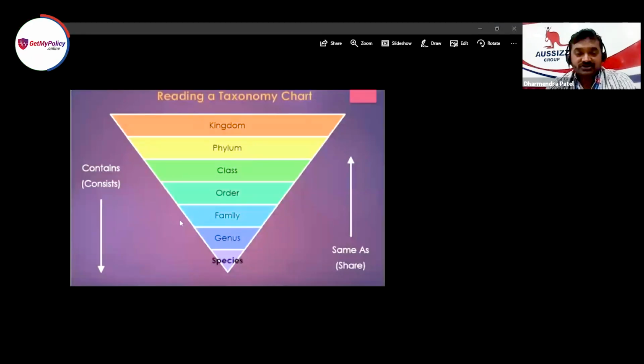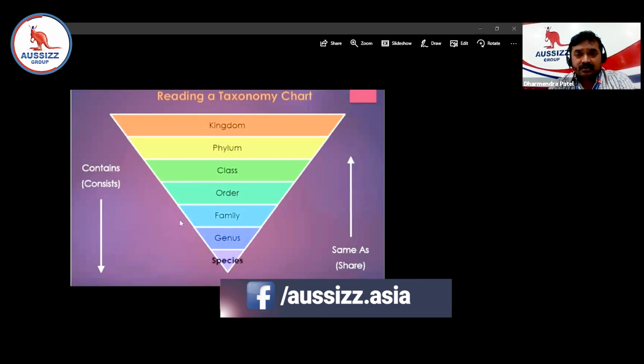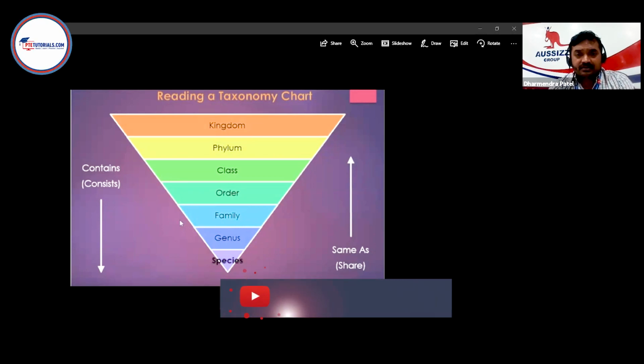So let me start with the image now. Let me share it. So this is the image that is taking rounds these days. Well, very difficult indeed. Most of the people, in fact 8 out of 10, would have no clue. So friends, let us check what exactly it is. If you see, you can definitely read the title.